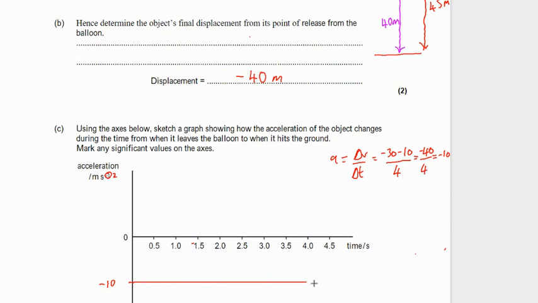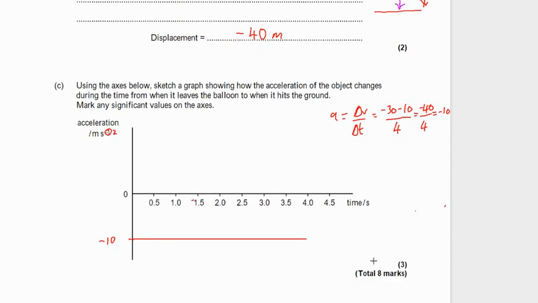So what do you get the marks for? The horizontal line, 1, the minus 10. So you draw the horizontal line underneath in the negative section, and the line stops at 4. Okay, that there is the graph. You could, if you want to, put a vertical line here going to 4, but it's up to you, because that's when it hits the ground. So this acceleration drops to 0 at that point. But G is G at the end of the day. So you can leave it at